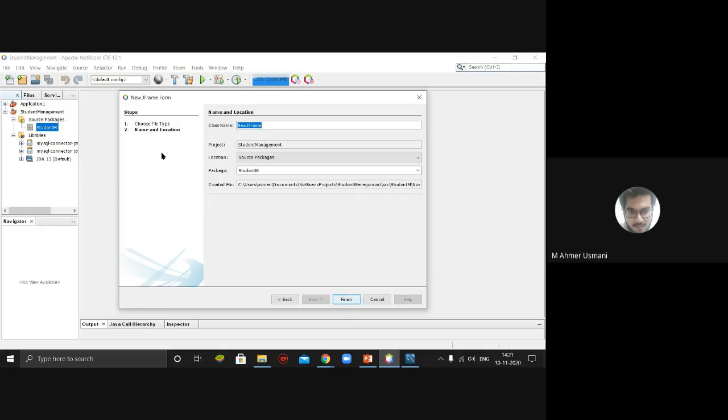Yeah, so just click on it। On clicking, it is asking to give the name of the form, यानी क्लास का नेम आपको देना है। So just give the name of the form that you want to create, okay। So right now I want to create a login page। मुझे एक login page बनाना है। So I'll give the name as login, okay। So अगर आप देख लो, प्रोजेक्ट student management में create कर रहा है, source packages में। So yeah, default package is your student name, okay। So ये करने के बाद just click on finish।